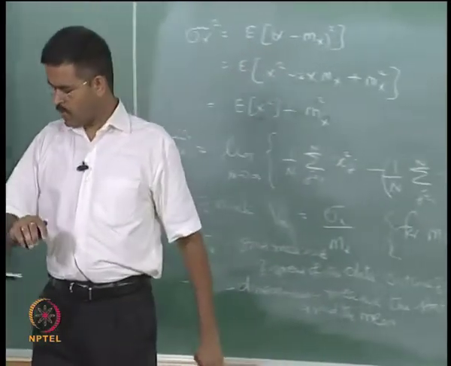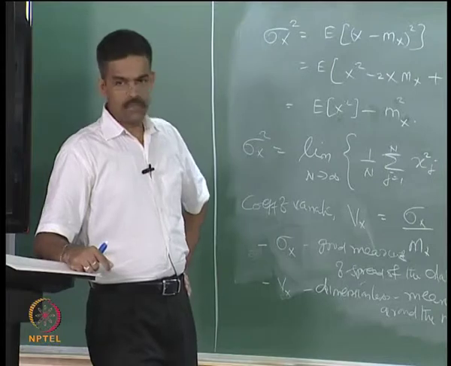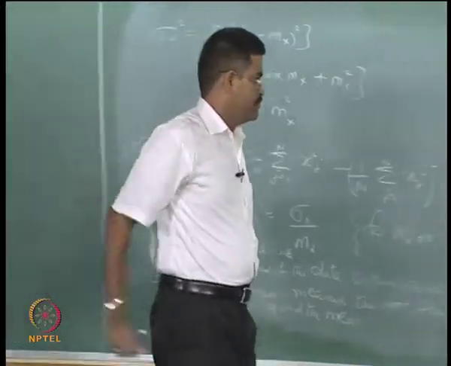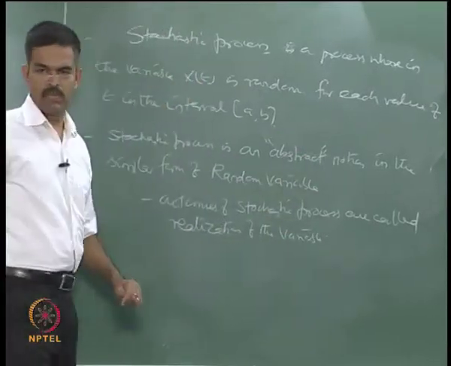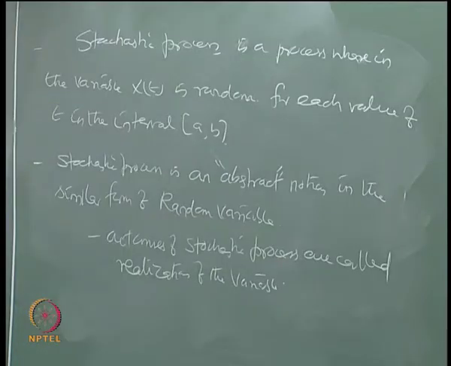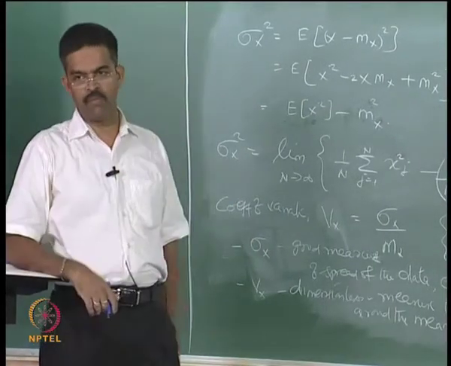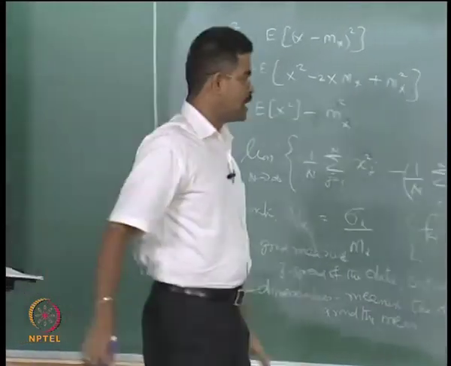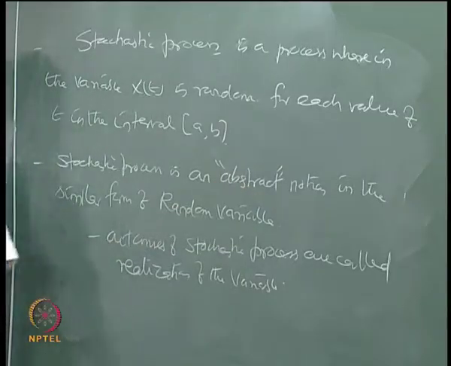So, a stochastic process is nothing but the abstract notion of a random variable. So, it gives you a meaning for a random variable, it is an abstract notion. A random variable can be a number which can observe any value in a given frame of a to b. The moment I say the process is stochastic, it is having an absolute meaning of the variable. So, it is giving an abstract notion of the random variable, that is very important.